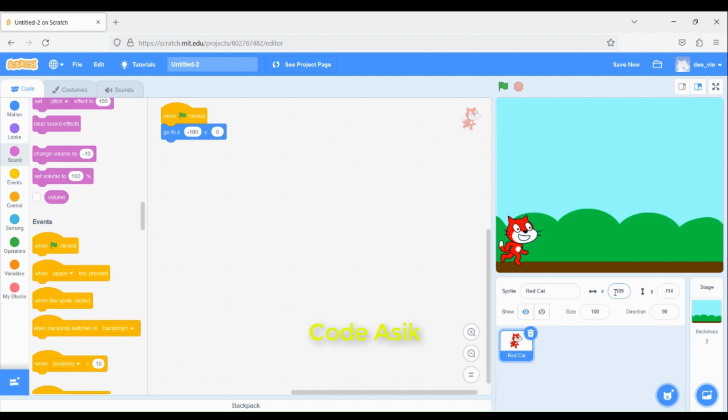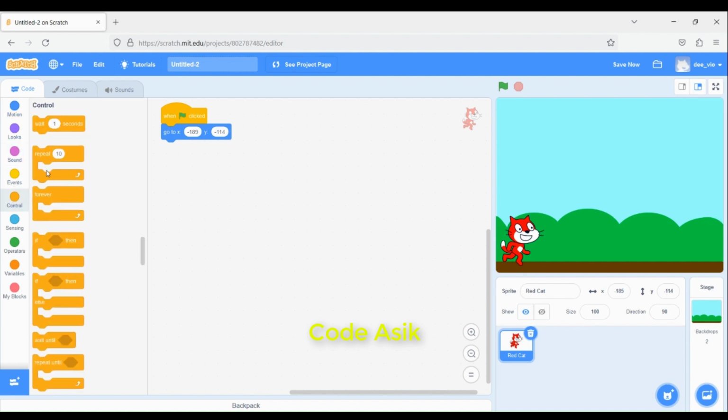Then, I want to make the cat move when I touch a specific button, for example, the right arrow and left arrow on the keyboard. But first, because we don't know when the key will be pressed, we need a condition to check it over time. Therefore, we use repeat forever.